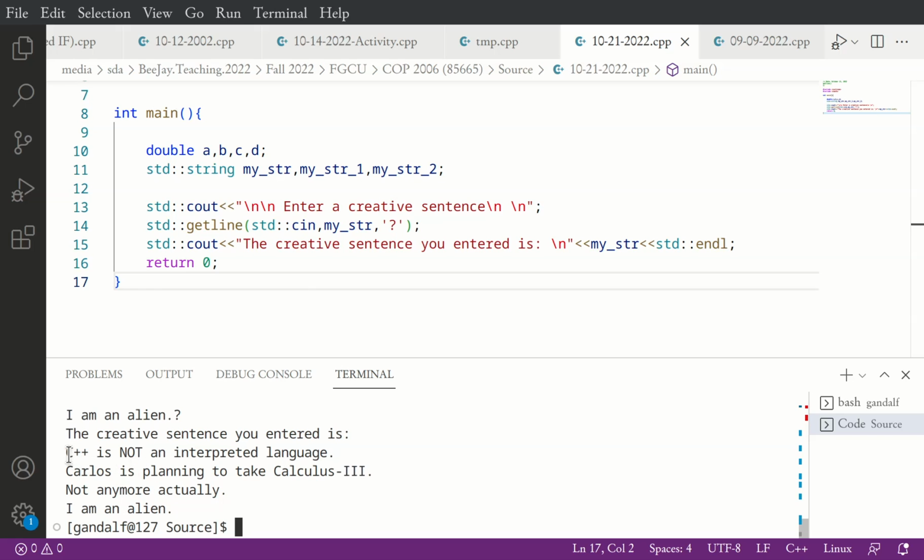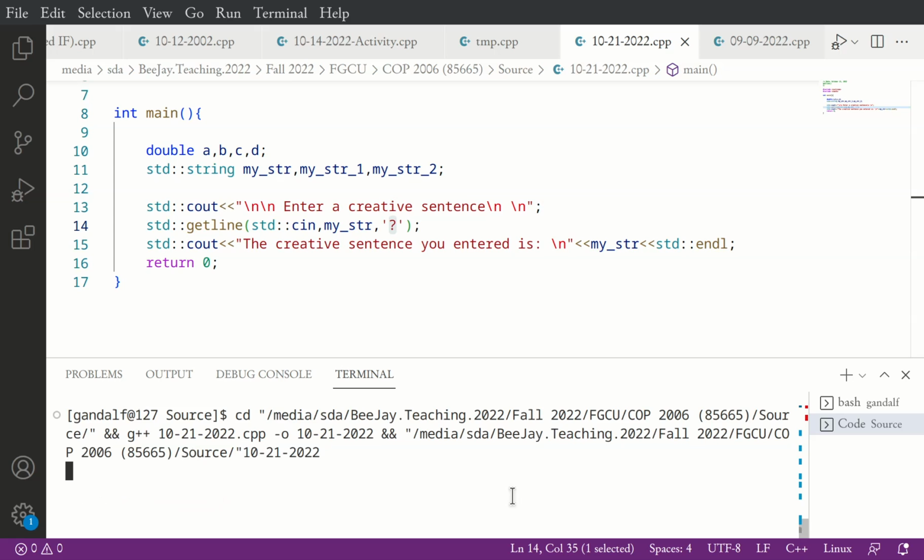Done. So, all, come again? Sorry. That means that you can't put that specific character if you want to do that sentence. Yes, that is correct. The moment you put that character, it is going to end. I'm glad you brought that up. But if you put it in the middle of the sentence? I'm glad you brought that up. So, since the symbol that we use is a question mark, if it appears in the input, it'll just terminate.